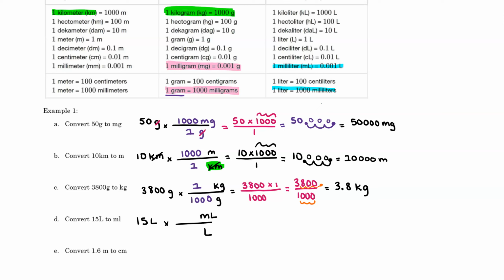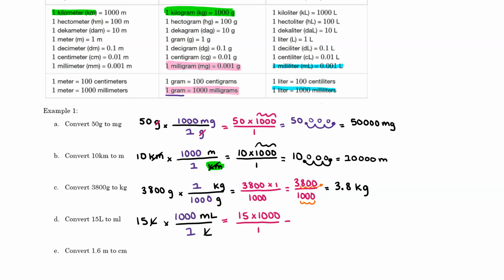And again, anytime we can avoid those decimals, timesing or dividing by a decimal, we're better off. So I'm going to use the fact that 1,000 milliliters is equal to 1 liter. Liters cancel. So on top, I have 15 times 1,000